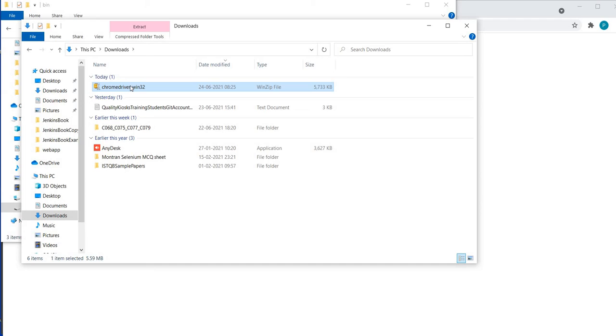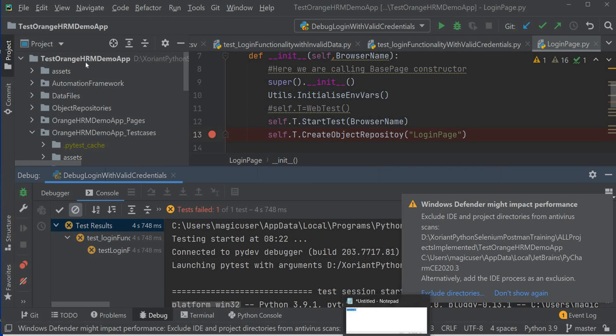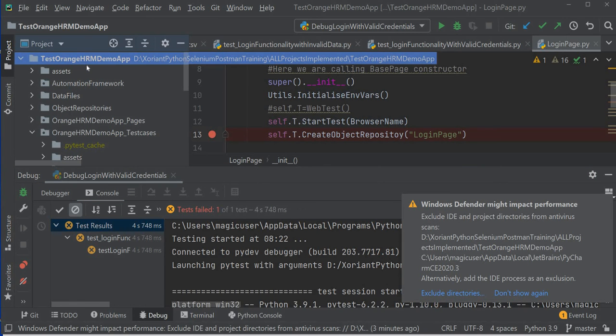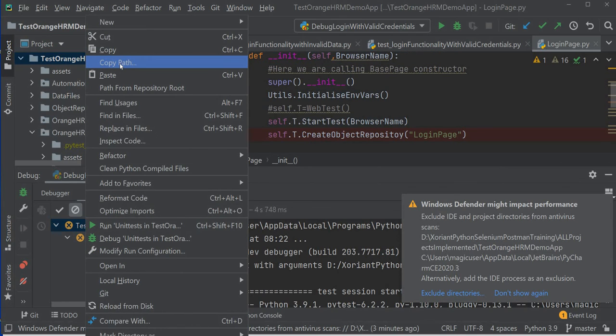This is the downloads folder. Let's do Control C and let me go in this project, copy path.